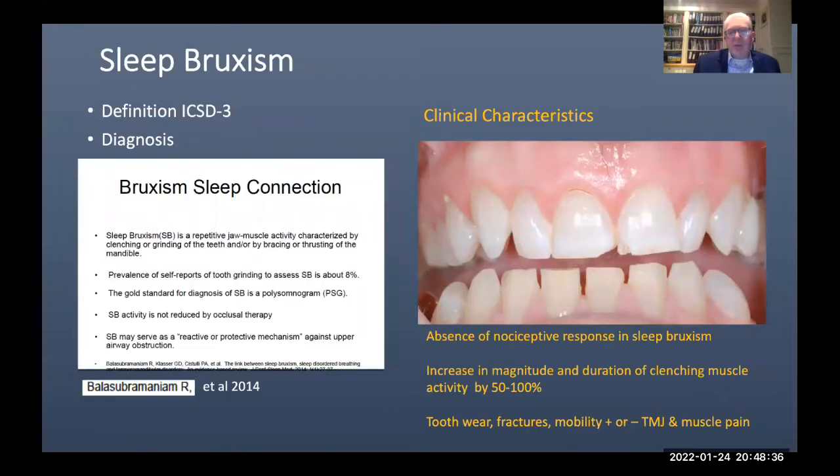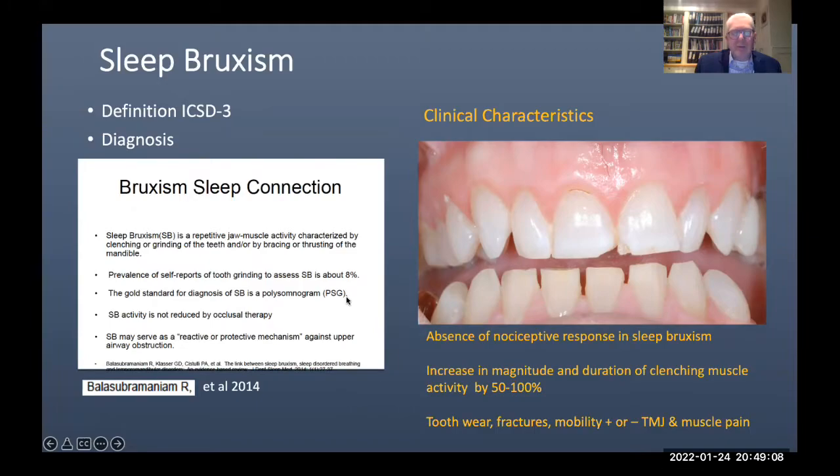So to mention something about sleep bruxism, well, the actual repetitive jaw muscle activity, which is characterized, as we know, by clenching and grinding, and is right in our front door every day of the week. We know the prevalence. What we probably don't know is that the diagnosis is optimal through polysomnography. So in other words, the parameters that are measured in polysomnography PSG studies